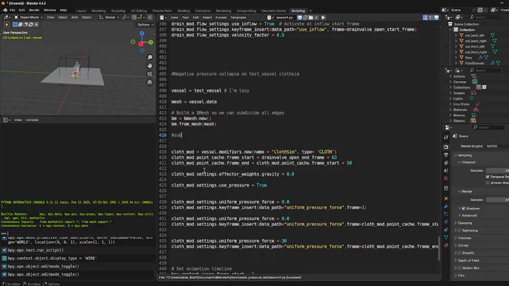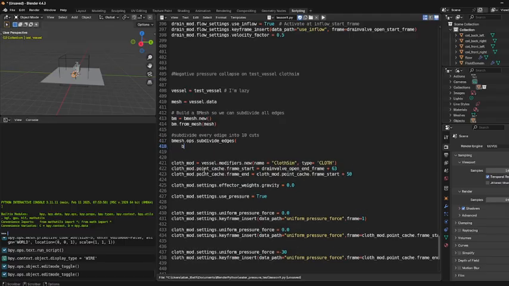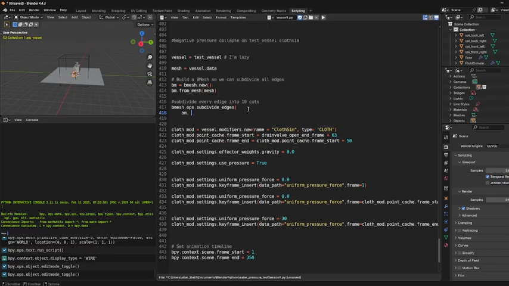So subdivide every edge into 5 cuts. Actually, let's make this 10 cuts, I think it'll be better. So bmesh.ops.subdivide_edges, bm, so the new bmesh we made,